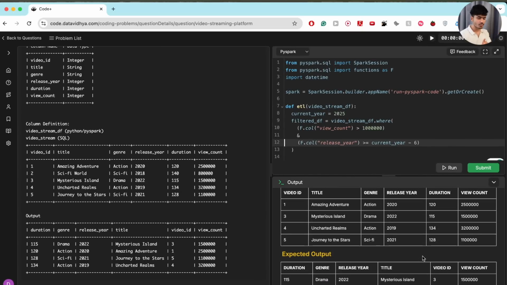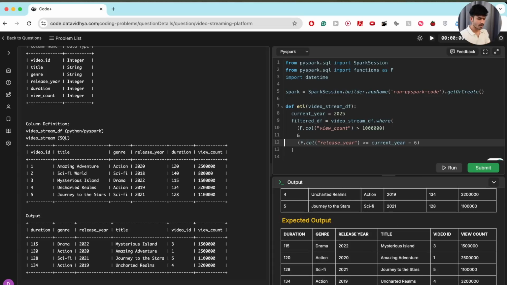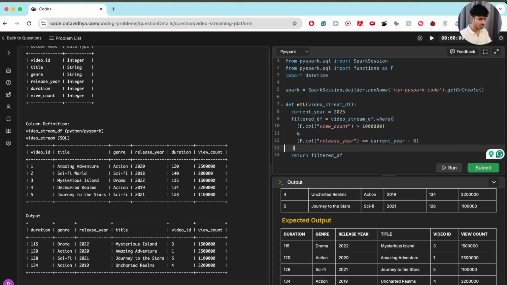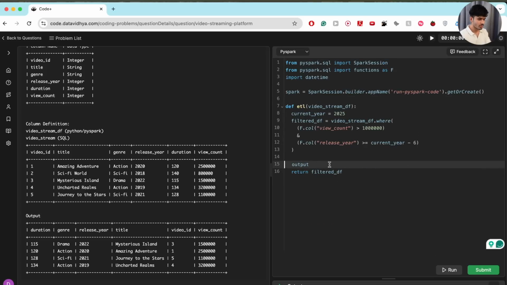The only thing we need to match is the order of the columns. And for that, we can directly do the select. Let's just do output. I'll just put this at the bottom. Okay, output underscore df is equal to filter df dot select. And I want to get columns like this only. So duration,